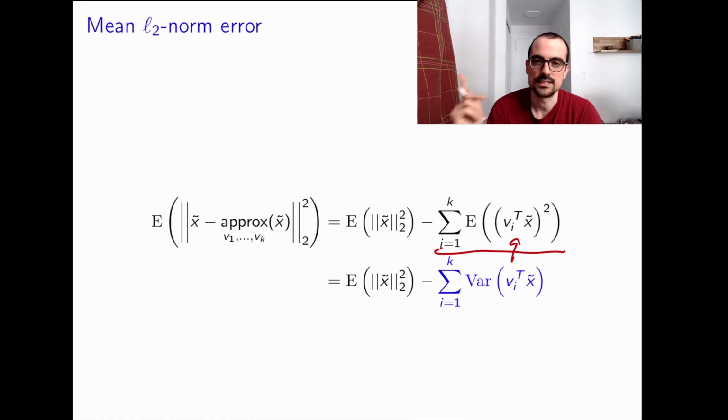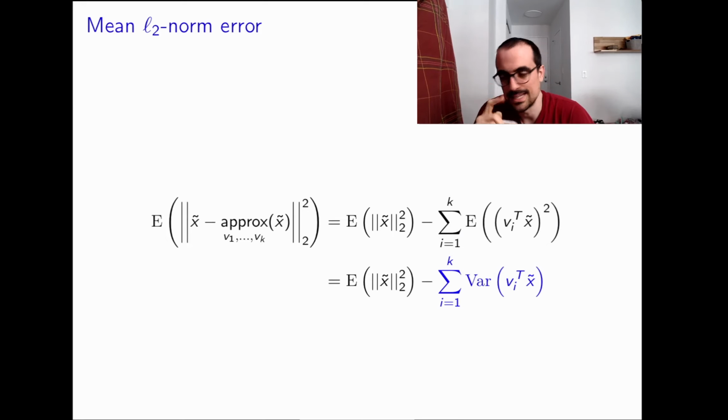This is saying I have this centered vector inner product with a certain vector vi. That's the component in the direction of vi. What's the expected value of that square? If things are centered, it's just the variance. So essentially what we're saying here is that we want to maximize the variance captured by the inner products with